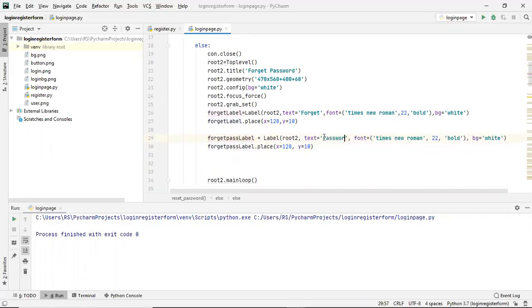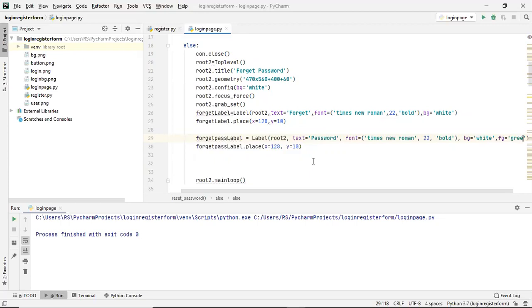Background color will be white. The color of the text here will be green. Then we will place it at x at a distance of 225, and from the y axis it will be at a distance of 10 only. So now if I run this,